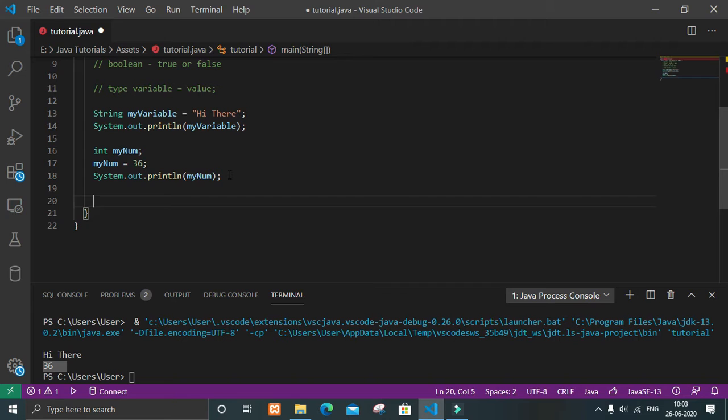So let's take an int variable equal to 15.